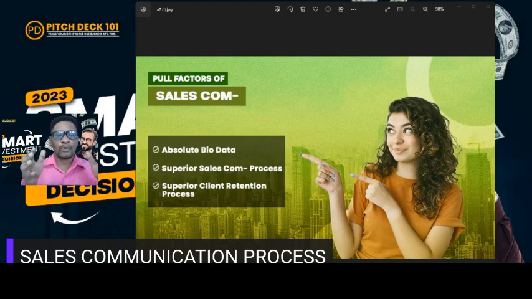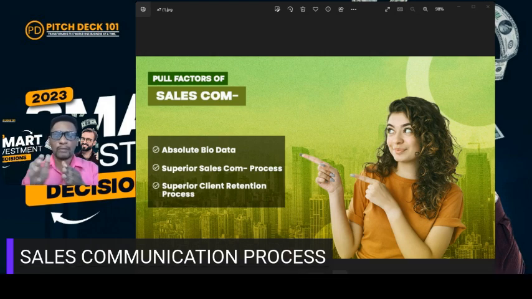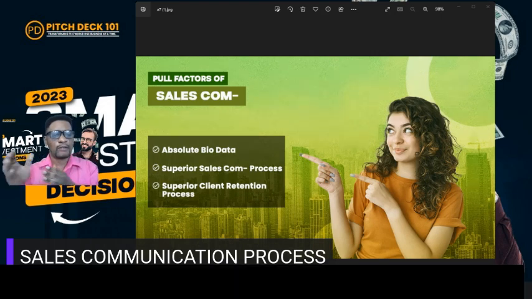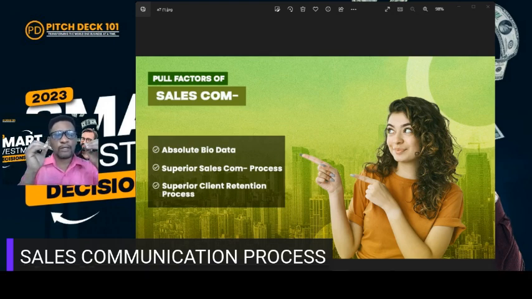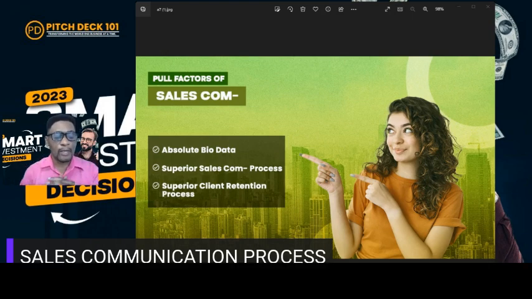Because the last thing that you want to do is to place your message into a channel of communication, whether it be mass media, social media, metaverse, or an independent communication channel, and it does not achieve the objective that you want it to achieve. So a superior sales communication process really looks at this and ensures that you have the critical information that you need to make better sales communication decisions,